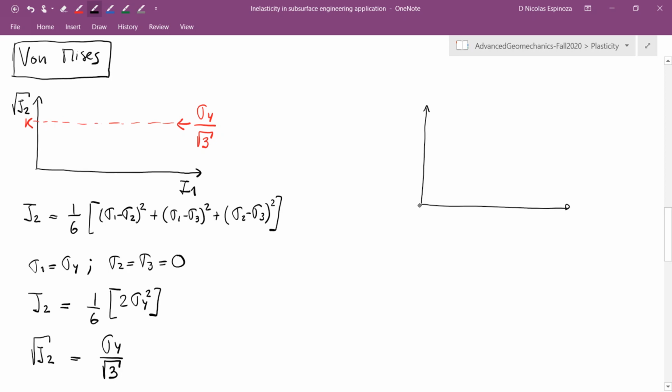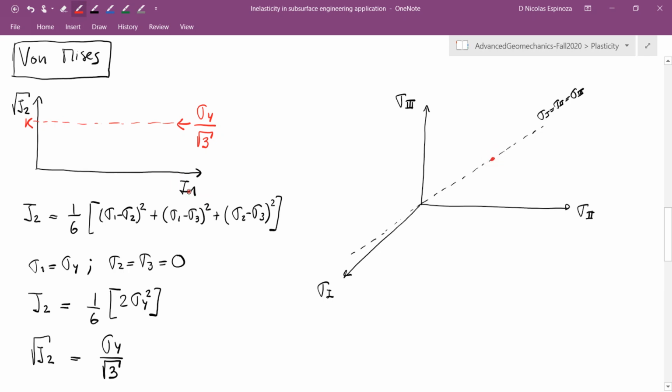We're going to have here, similar as before, sigma 1, sigma 2, sigma 3. We're going to have our hydrostatic axis, where sigma 1 is equal to sigma 2 and is equal to sigma 3, and the von Mises criterion is going to tell me that